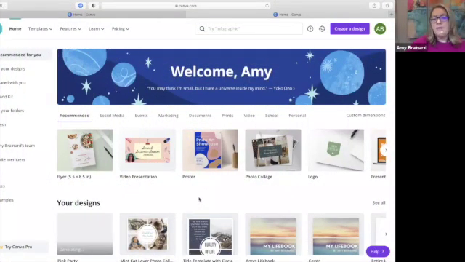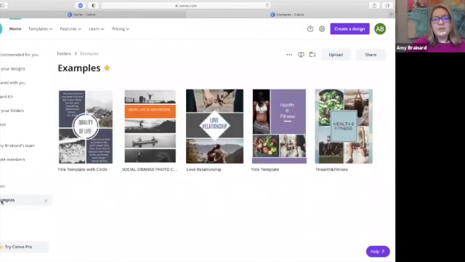So here we are in my free Canva account. I'm going to show you just a few quick examples of title pages. I like to use photos in my title pages, as you can see, and these are just some that I found in the template section, and I altered a little bit. This one was as is, and I just changed the wording. I didn't mess with any of the photos yet. Some of these I put the stock photos in already. This one I put some quotes in, but we are just going to start off